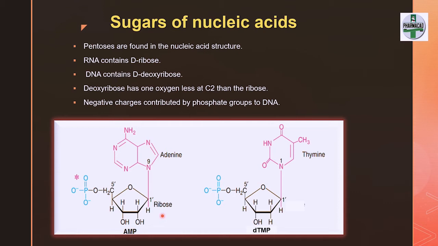The only difference between a ribose and the deoxyribose is that in case of ribose the OH group is present on the second carbon atom, while there is no OH group on the second carbon atom of the deoxyribose sugar. Now to the fifth carbon atom of this ribose group a phosphate is present. Similarly, at the fifth carbon atom of the deoxyribose a phosphate group is present. This phosphate group is involved in providing the negative charge to the DNA.